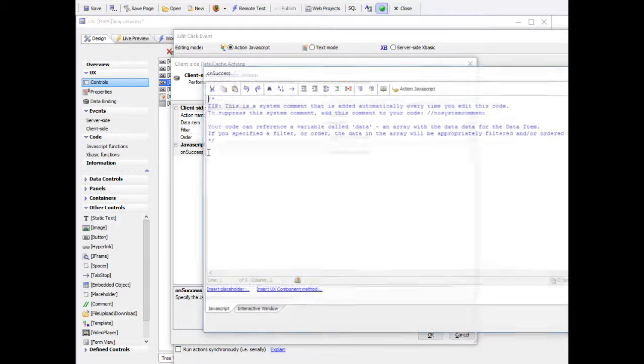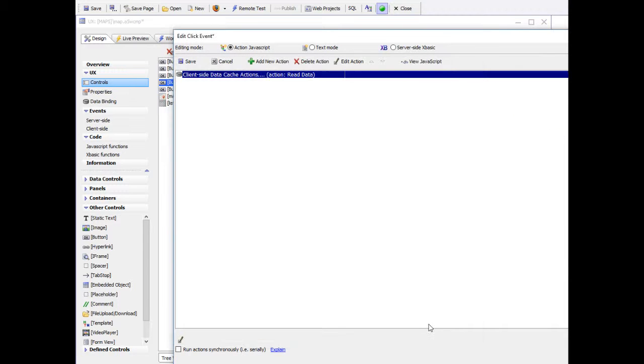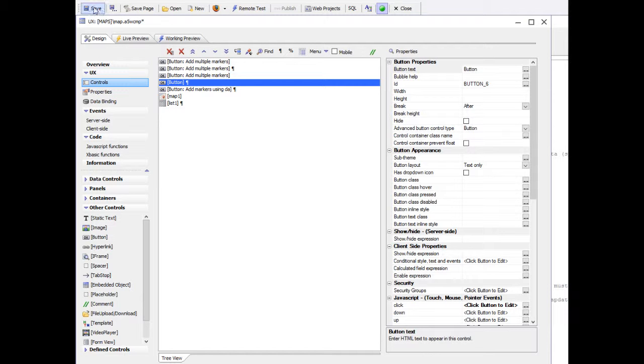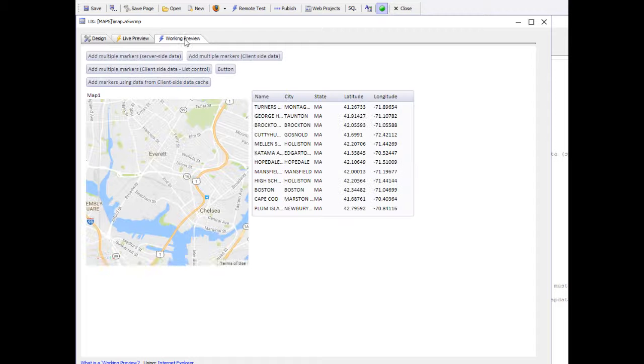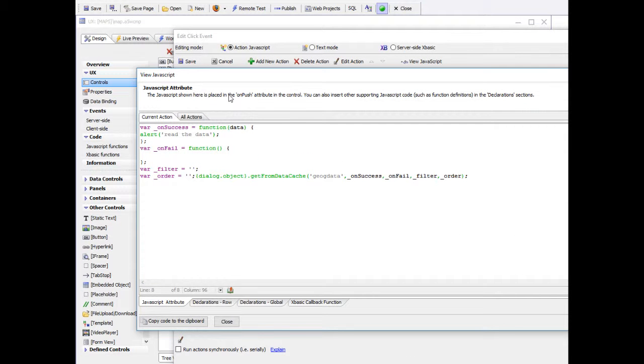And then in my onSuccess function, I'll just go here and say alert, read the data. So now that we've got that, let's go ahead and run that and then look at the generated JavaScript. So we'll go there now, and we'll run this now, and we'll click this button which says read the data. So now if we go over here and look at the JavaScript, we can see that the way